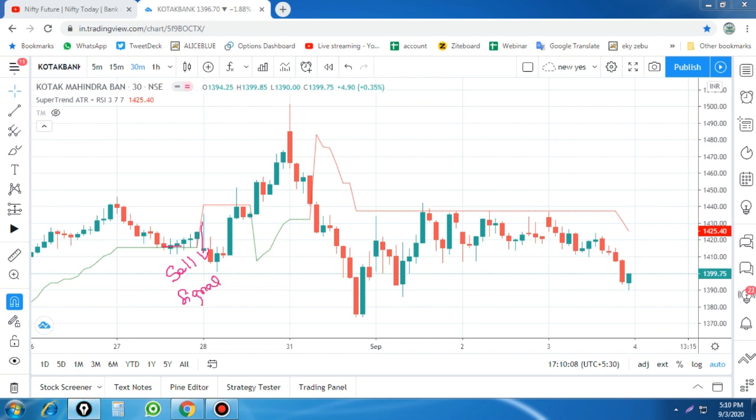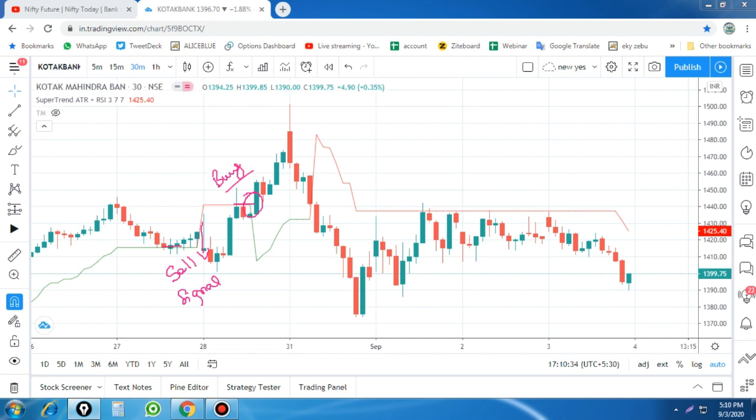And again the market went above the Super Trend line, so it is considered as a buy signal. I am not talking about the accuracy, I am not talking about whether the signal works or not, but how I can pick the right trade opportunity along the Super Trend direction. That is the trick which we are going to learn in this video.